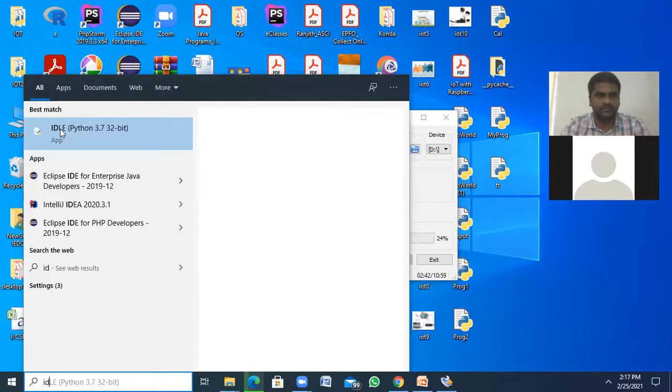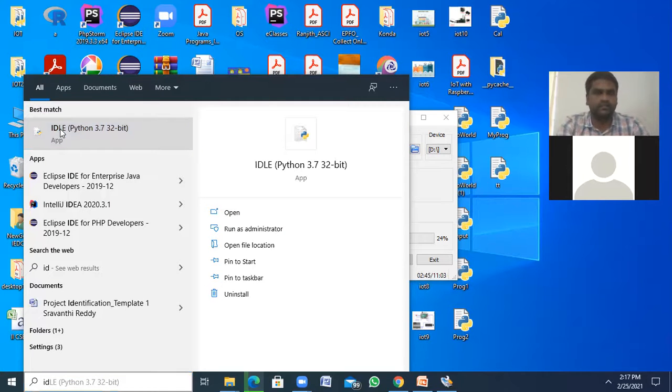This is also a Python IDE, the default Python IDE.